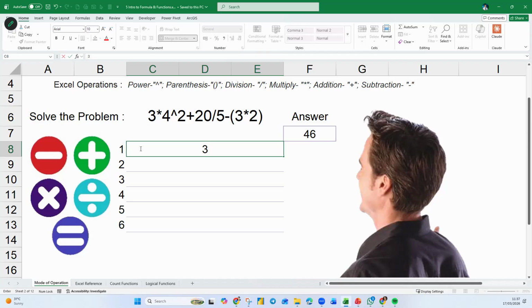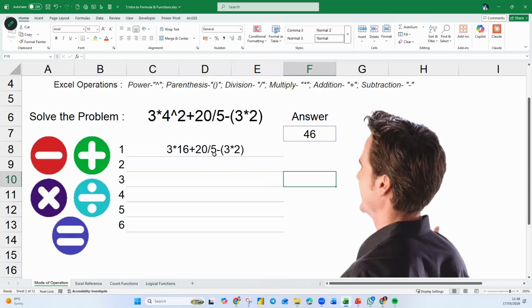So times 16. Then I have to plus 20 divided by 5. Now I'm going to do it in sequence, minus the bracket 3 times 2. Then close bracket. Okay. So that's the first step.